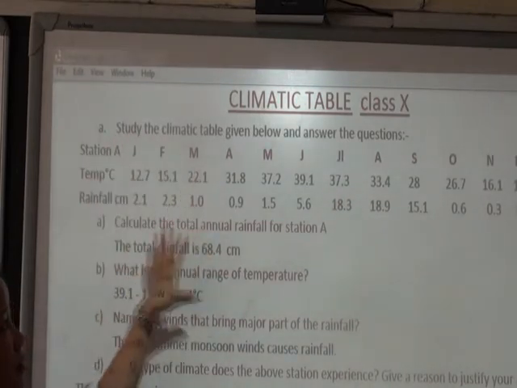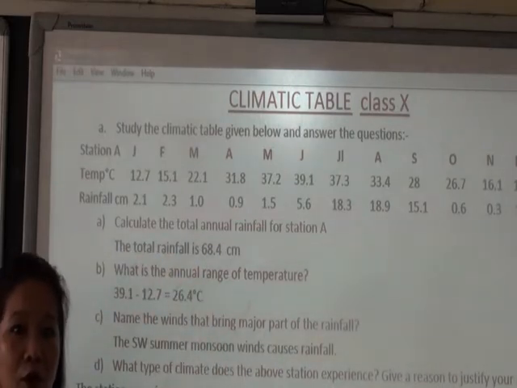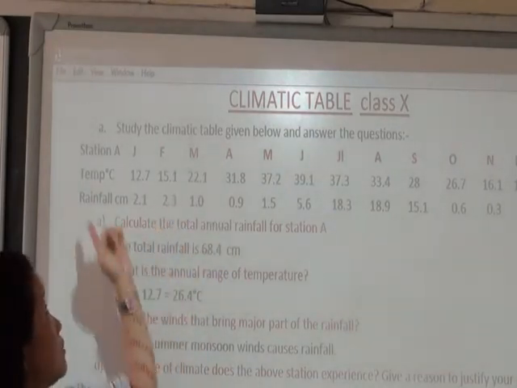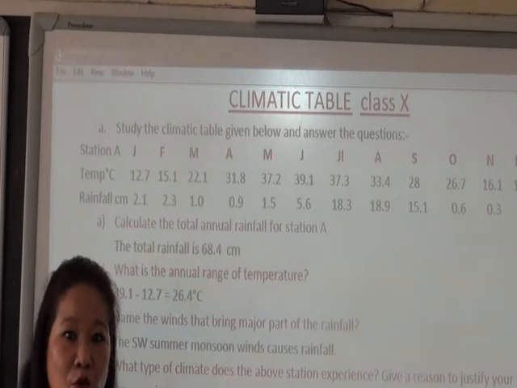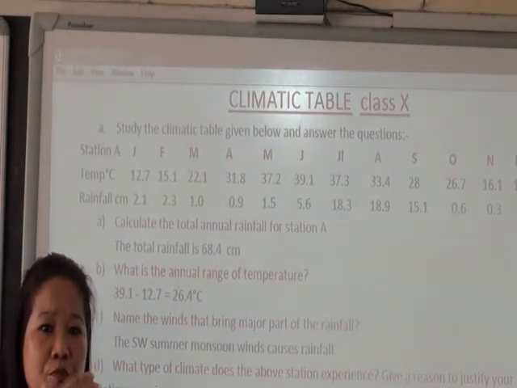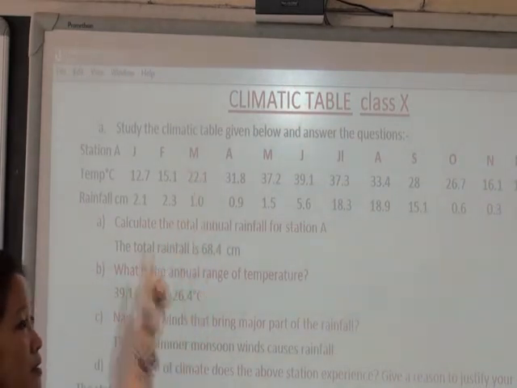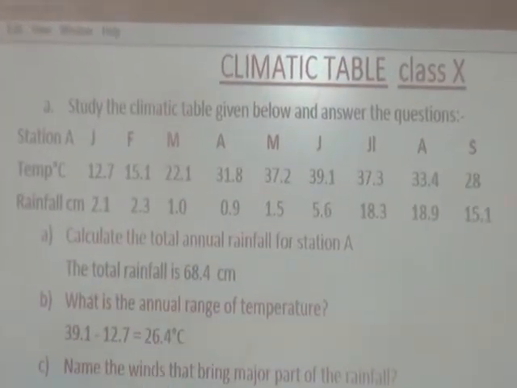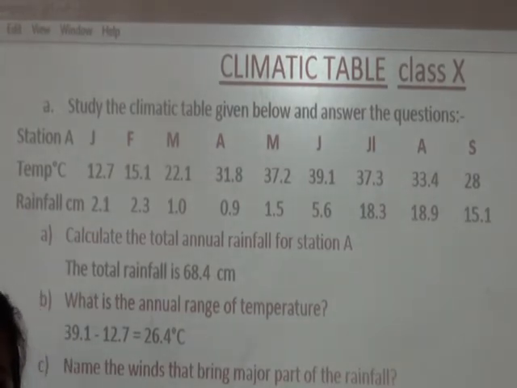Now this type of location is an interior location, with extreme, continental climate. This particular station is landlocked, because there are no water bodies to modify the temperature of that place. Places like Delhi or central India or UP, Bihar, Rajasthan experience this type of climatic condition, where the temperatures are very high in summer and winters are very cold. So look at the difference in temperature. When the difference in temperature is more, it is always a continental, interior location.